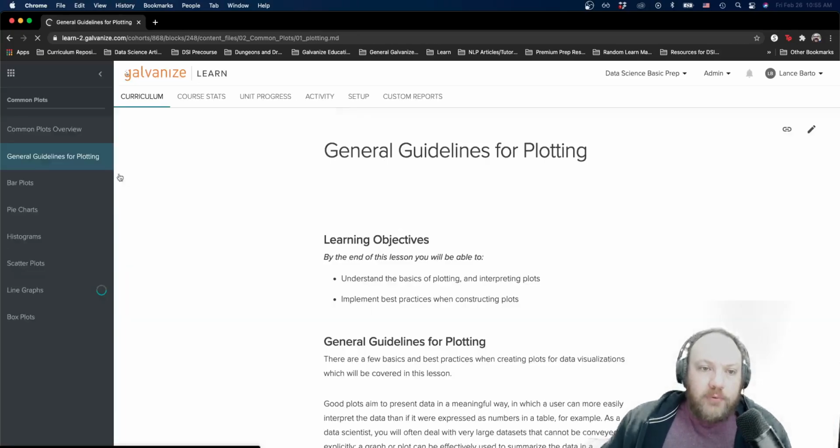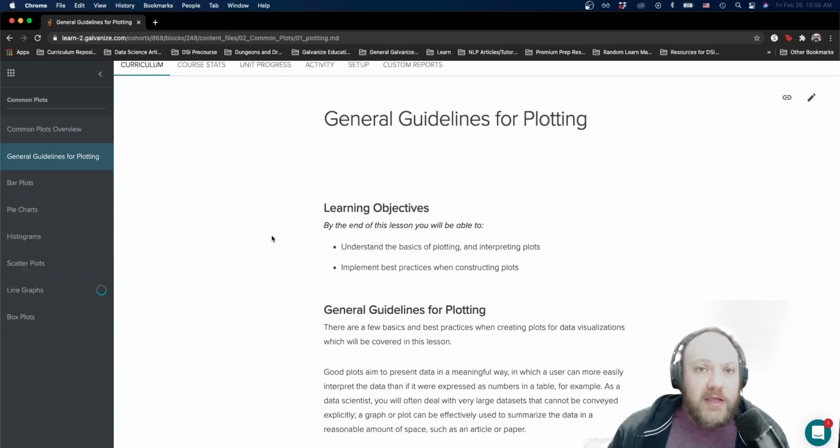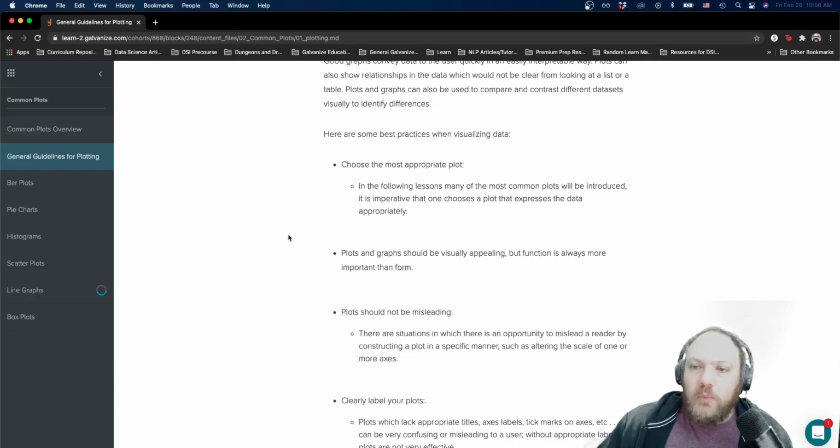Now, when we're doing plotting, there are some general guidelines that we're going to want to use, and I'm going to go through these pretty quickly. We're not going to spend much or any time actually learning how to plot in this unit. What we're mostly going to spend time doing is just making sure that we can understand how to interpret plots, because as we go through a lot of these statistical concepts, as we go through this course, we're going to need to be able to look at plots and understand what's going on. So we just need to make sure that everyone's on the same page and understanding those things. But, when we are doing data visualization, there are some best practices,